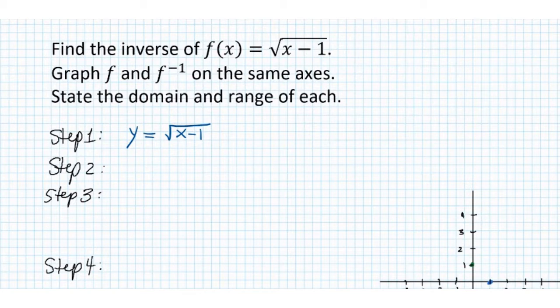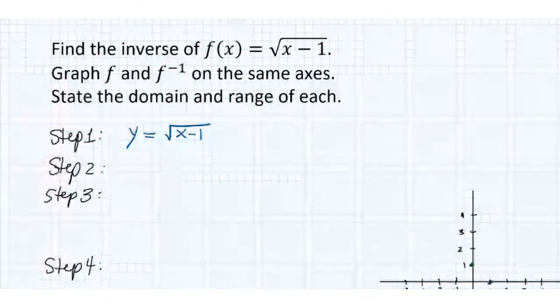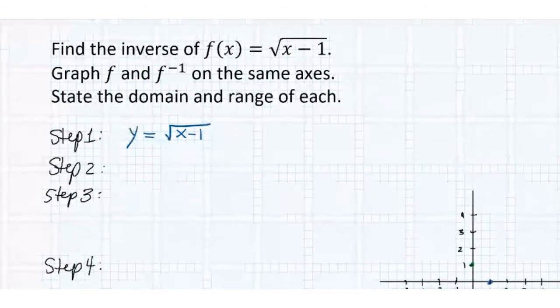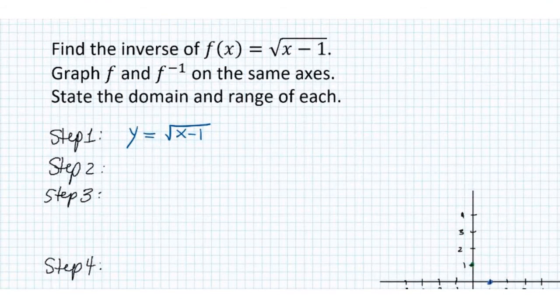Now, before we move on to step 2, one of the things you're going to want to keep in mind with these more complicated problems is their domain. For example, here, y equals the square root of x minus 1. What x values are we allowed to plug in? Or give me an example of an x value that I'm not allowed to plug in that would cause a problem. Okay, -1 would definitely cause a problem